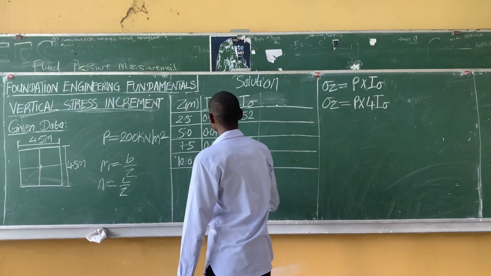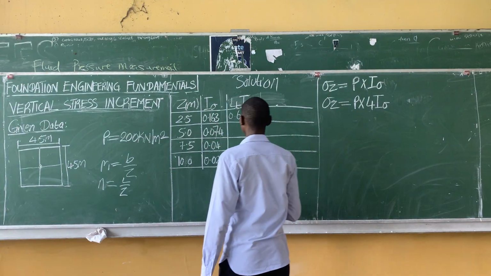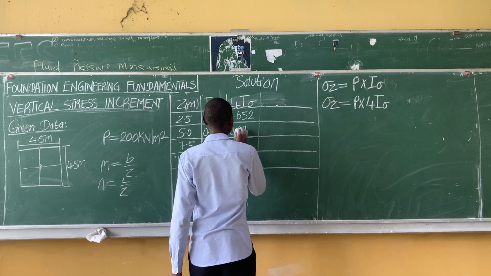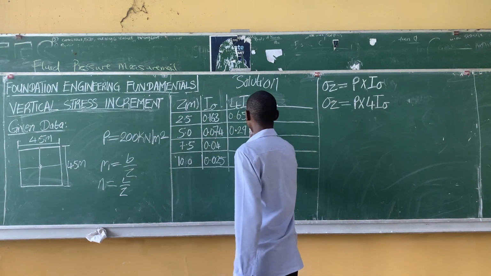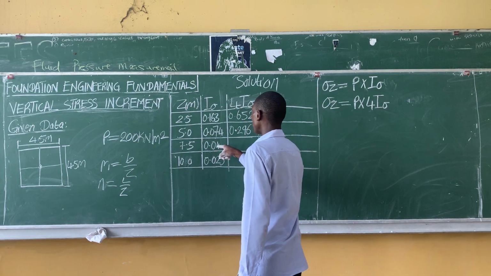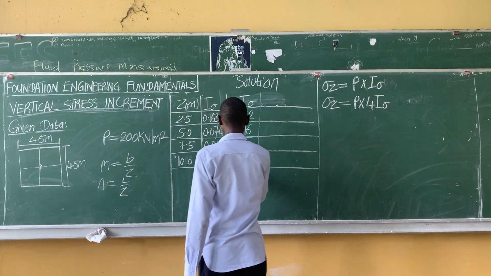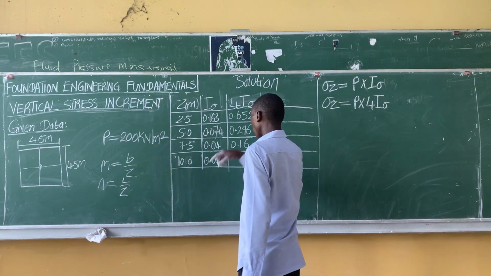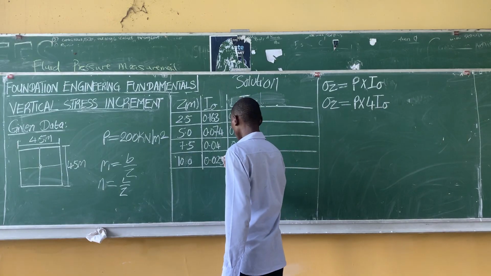0.652. 4 times 0.074 gives 0.296. 4 times 0.04 will give us 0.16, right? And then 4 times 0.025 will give us